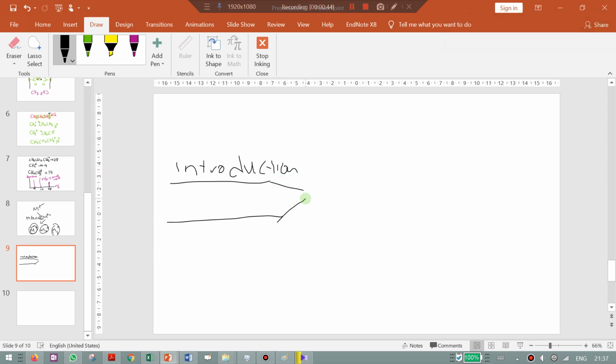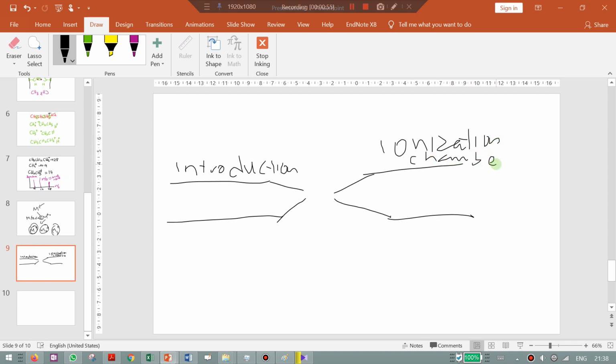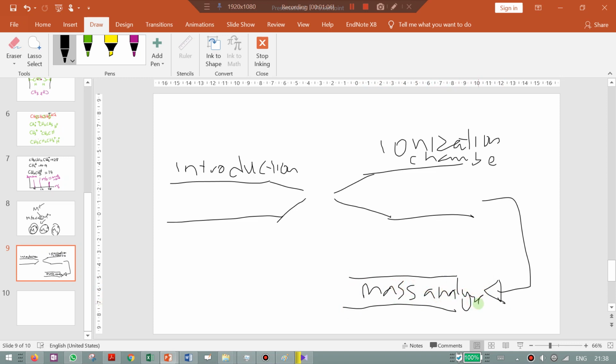Okay, then the sample introduction will go inside the ionization chamber. From the ionization chamber, we want to go into the mass analyzer, and from the mass analyzer, we reach our detector. Now, at low vacuum, at high pressure, our carrier gas in GC, for example,